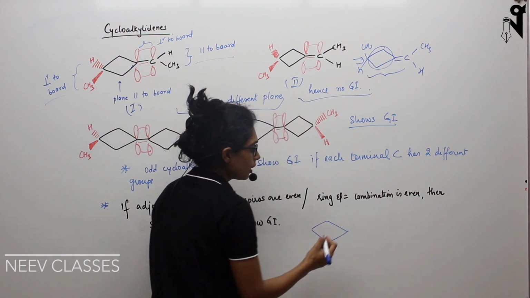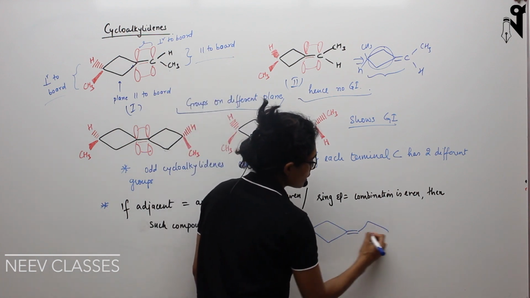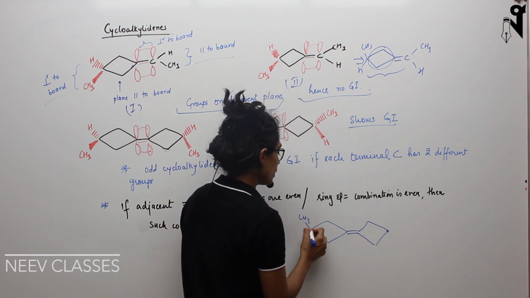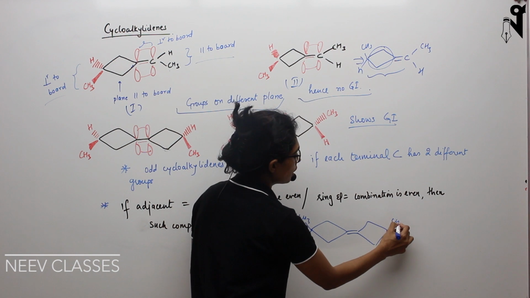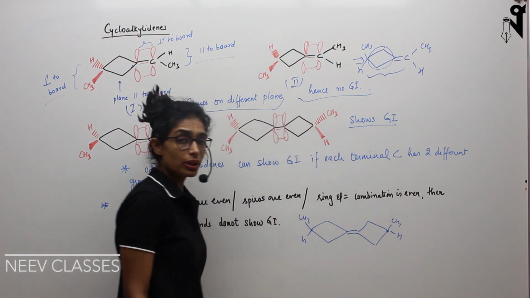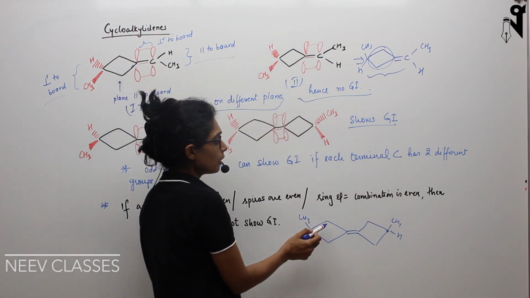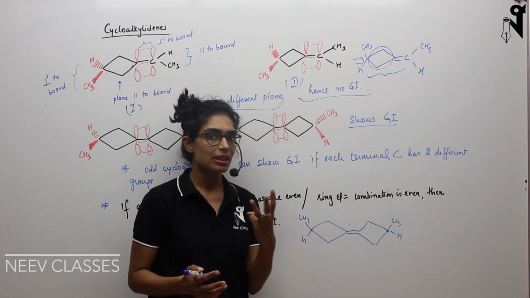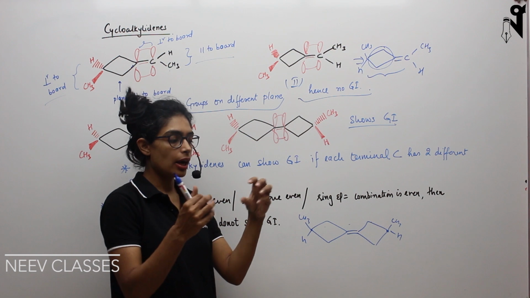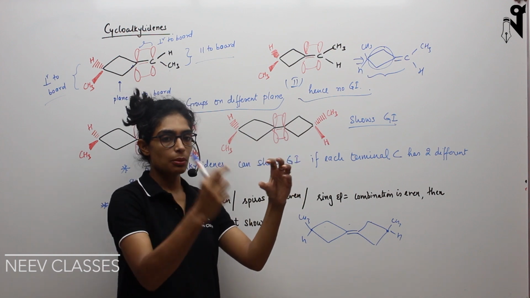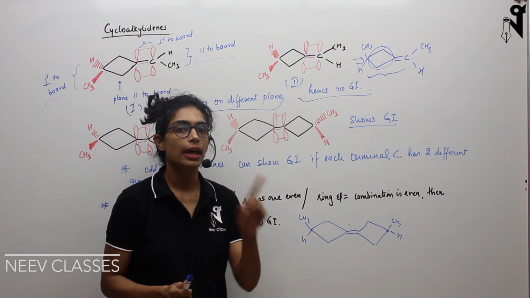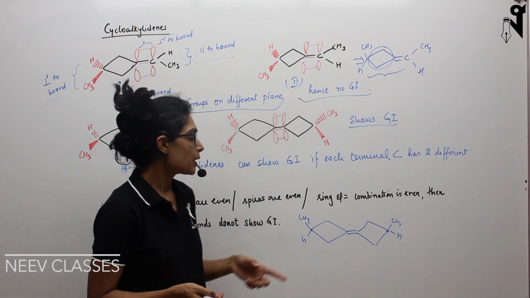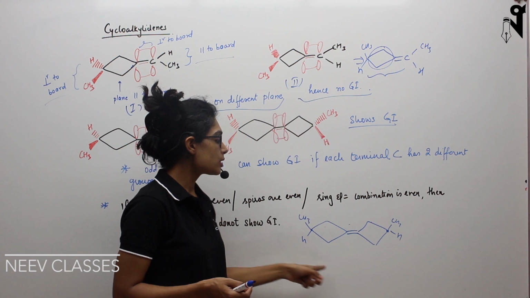Now let's talk about the second case, where I have taken this kind of structure, where I have a cyclic chain, then a double bond, then again a cyclic chain, and these are the terminal carbons where the groups are attached. There is a CH3 over here, a hydrogen over here, a CH3 here, and a hydrogen here. So what kind of system is this? One ring, then double bond, then one ring. So basically it's an odd cycloalkylidene. Three different structures are attached to each other: cyclic ring, double bond, cyclic ring. I told you cyclic rings and double bonds are considered equivalent to each other. So this is an odd cycloalkylidene.